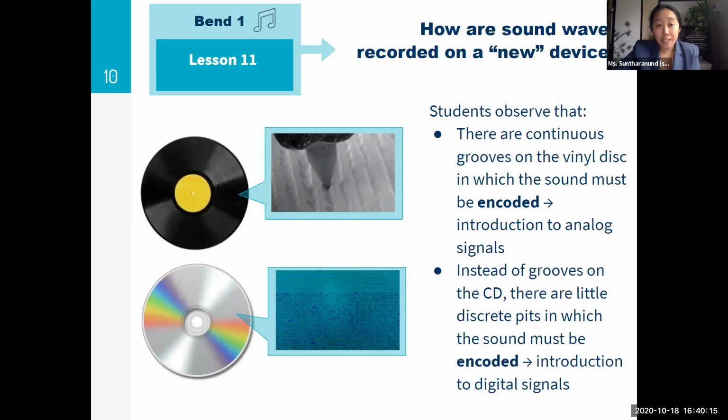So from vinyl records, we zoomed in and observed that there were these continuous grooves on which the sound had to be encoded. We also looked at CDs, and what we noticed there were these little pits for which the sound was also encoded. And these observations introduced those ideas of continuous analog signals and discrete digital signals. And the interesting thing was when we test piloted this lesson, some of these kids never really saw a CD or a vinyl before, which